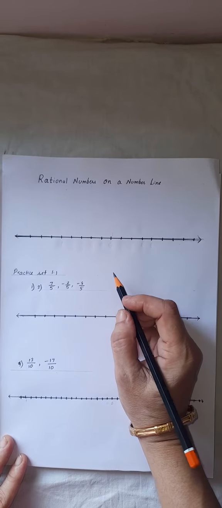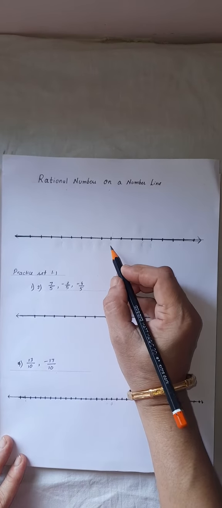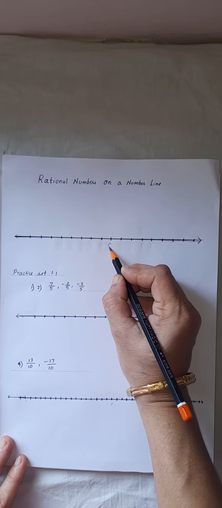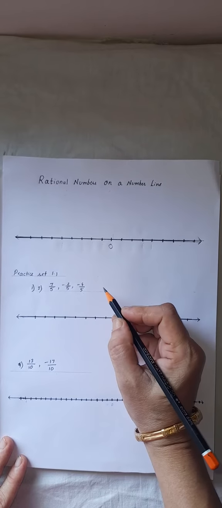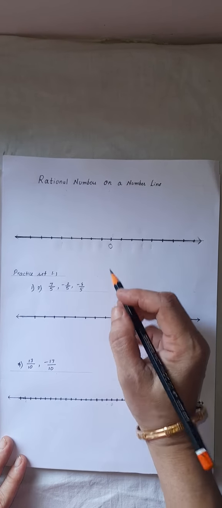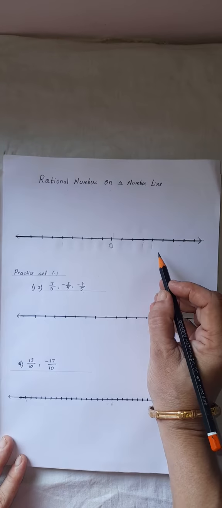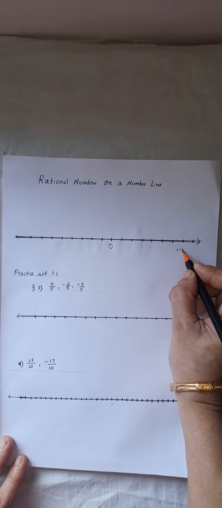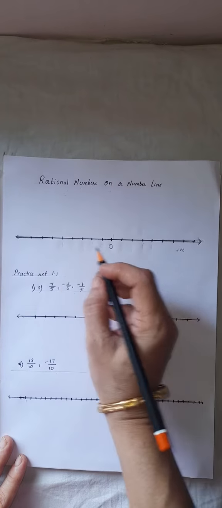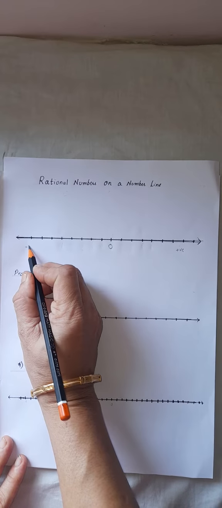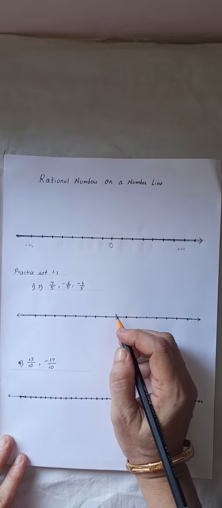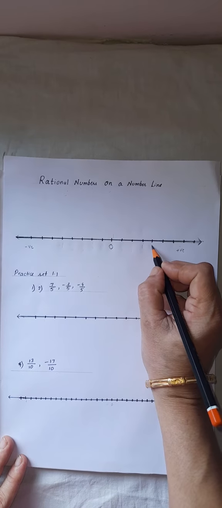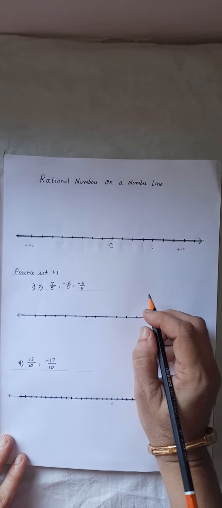Now first we will mark integers. So as you know, with integers, we first begin with 0. It becomes the middle point. Now if I have to mark points on my right hand side, you know very well they are always positive. On the left hand side of the number line, we always mark negative numbers. Now suppose I mark number 1 here.